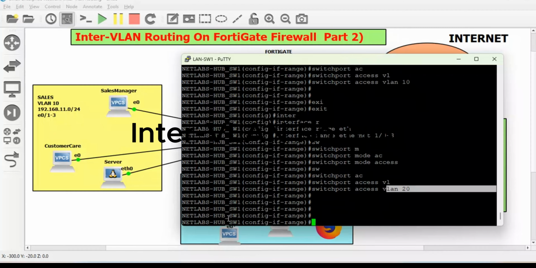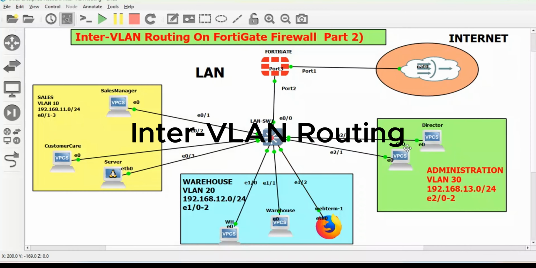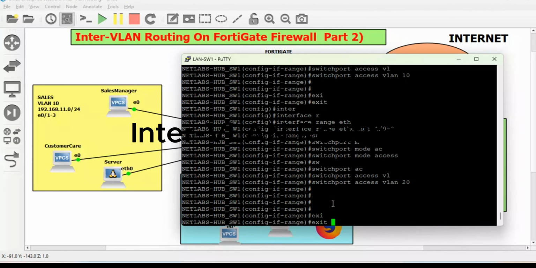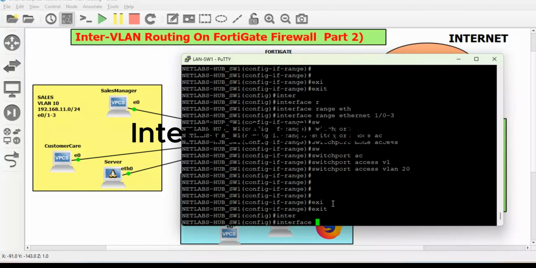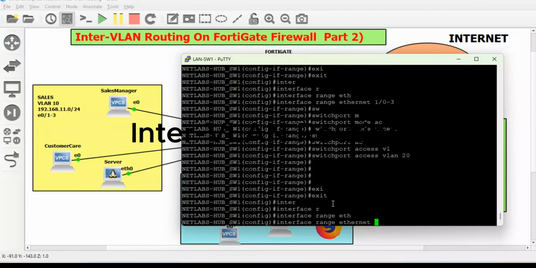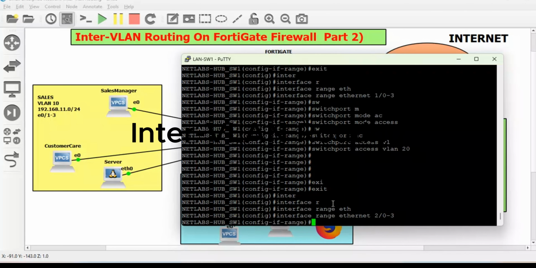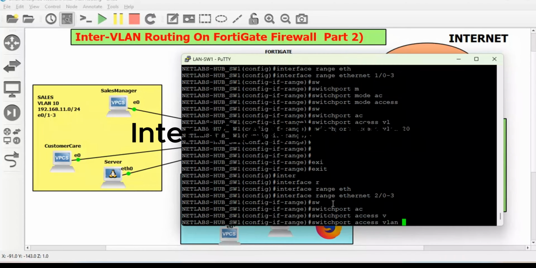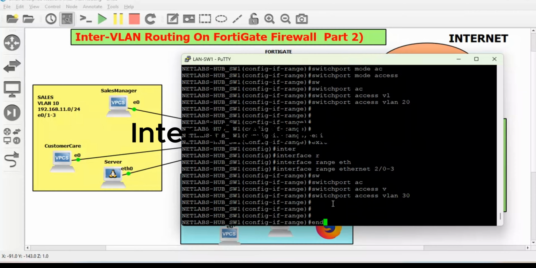So once we do that, there is a shortcut that we can use to do the same. This is E2/1, E2/0. So we can exit, interface range Ethernet 2/0 up to 3. Then without typing switch port mode access, then switch port access VLAN, you can just type switch port access VLAN 30. So once you do that,